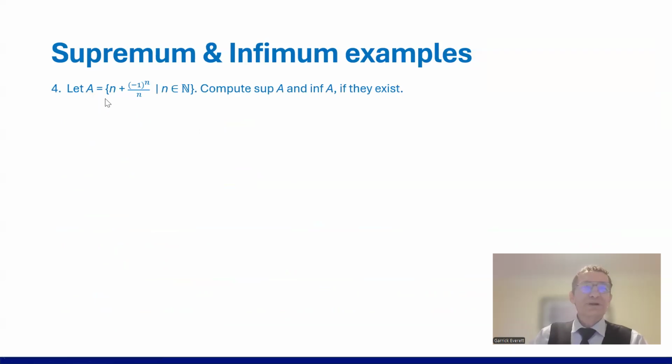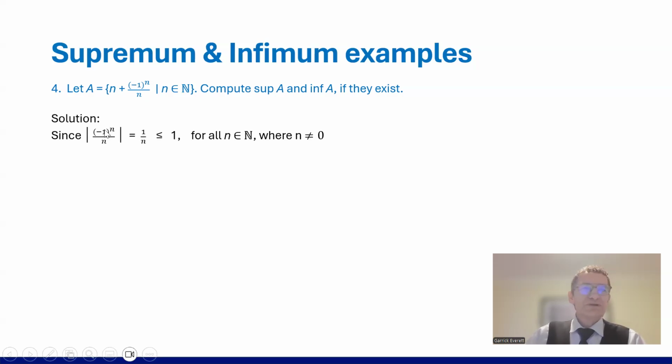Okay, so we want to let A equal n plus (minus 1)^n over n, where n is an element of the naturals. We want to compute sup A and inf A if they exist. So, solution. Since this, which is effectively 1 over n,